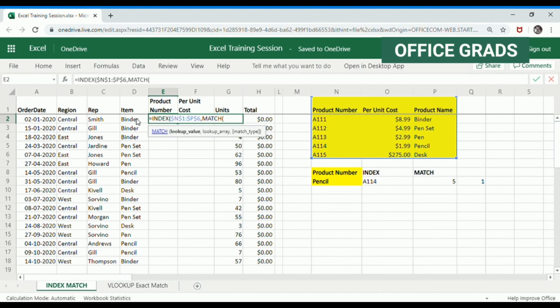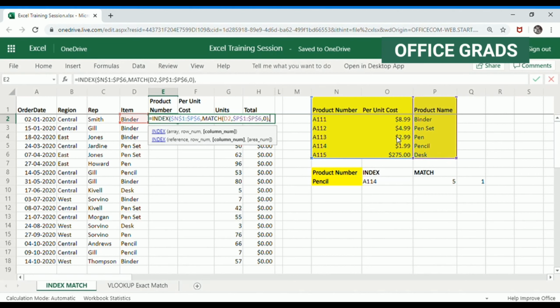So in this case, for a row, I need to select this binder. That's my lookup value for finding out the position of a row. So that's my lookup value, comma, lookup array. Now here we need to provide where this information resides. So it resides over here. So I will select this P1 to P6. I hit F4 because freezing the selected area is very important, as I mentioned earlier, comma, I put 0 and close the bracket. Till here, I have updated only the row number. I am yet to update my column number.